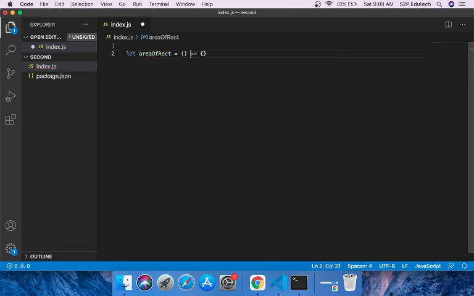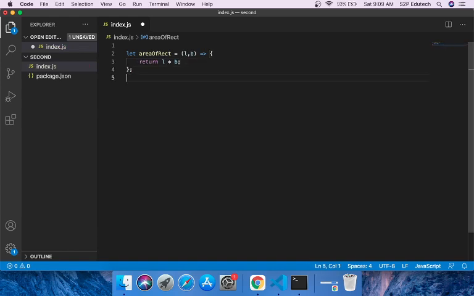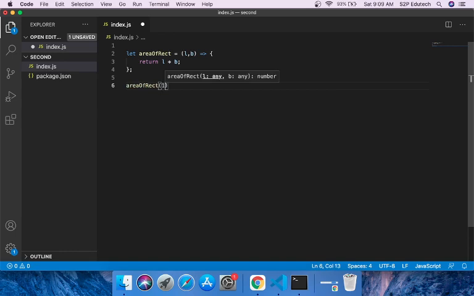Now, for area of rectangle we require two inputs, length and breadth. And I am simply saying return length into breadth, and I'll call it with some parameters, say 10 comma 5.